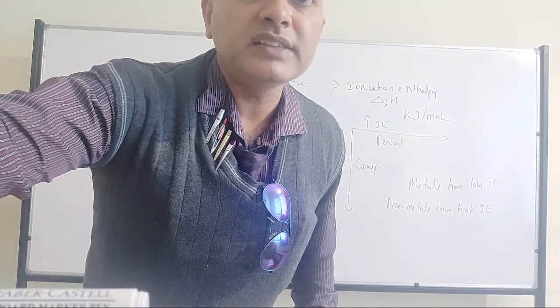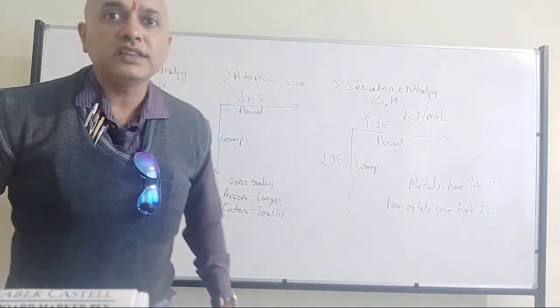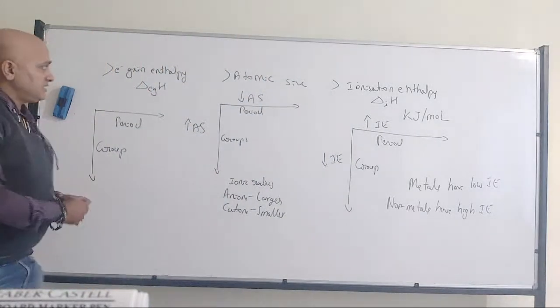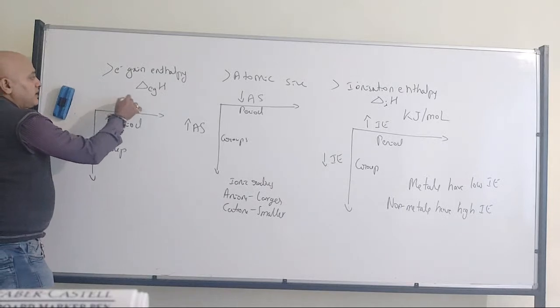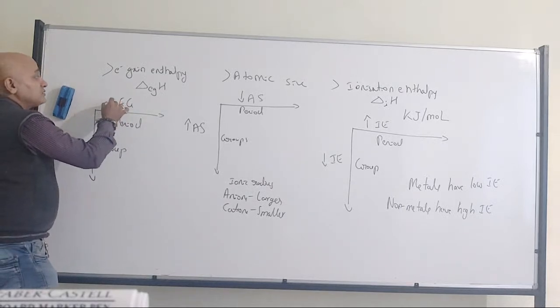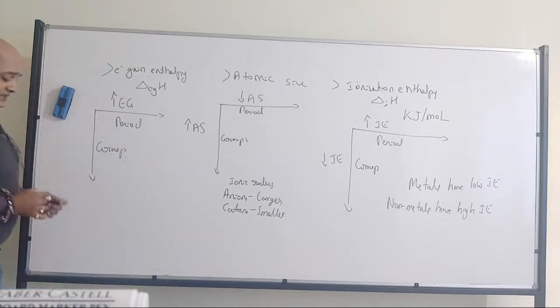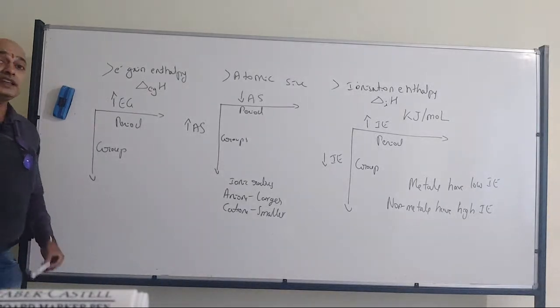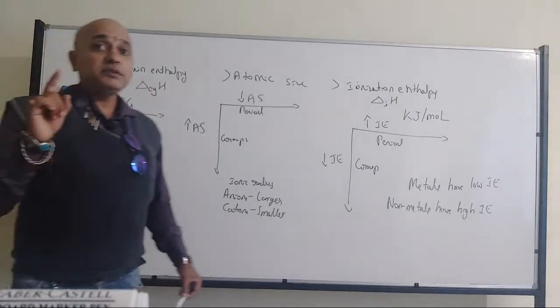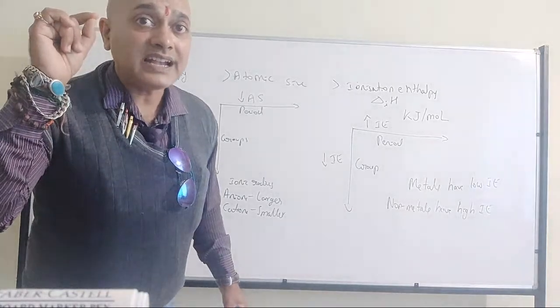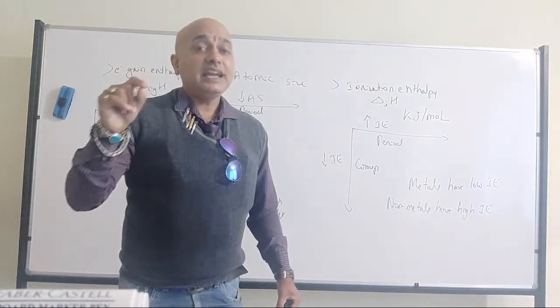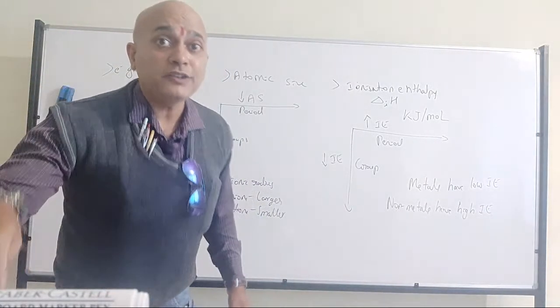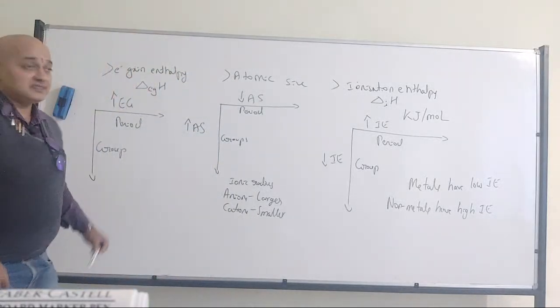Electron affinity increases across the period and decreases down the group. Very good. So naturally, electron gain enthalpy is going to increase. More amount of energy is going to be released. But please remember, if you go with the exact mathematical value, then it will be a very low value because the negative sign is there, right?